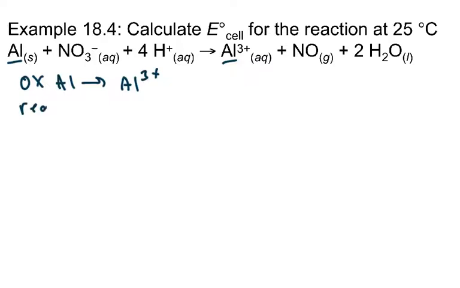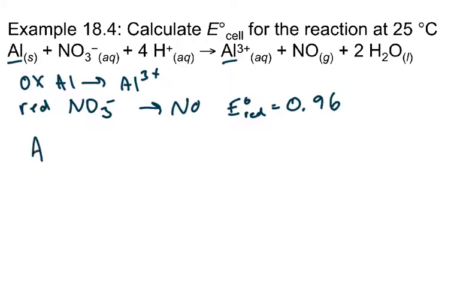And my reduction, my NO3 minus, my nitrate, is being reduced to nitrous oxide, so NO3 minus to NO. So those are the reactions that I am looking for in my table 18.1. If I look for my reduction reaction in table 18.1, I can find it, and it gets me an E reduction equal to